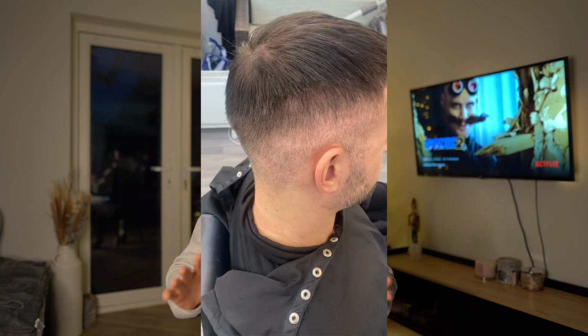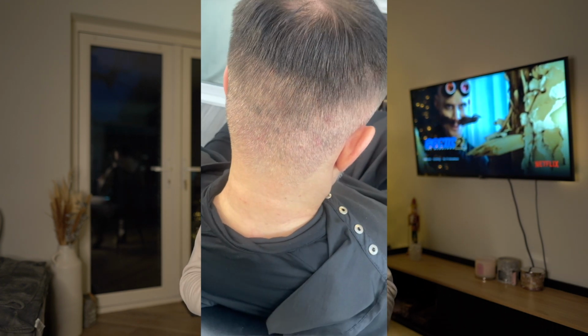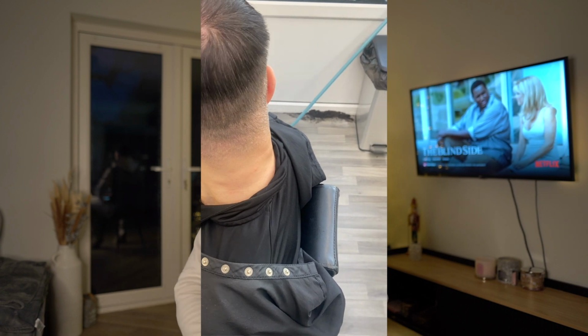One of the things that I see a lot of people do, a couple of friends that have had hair transplants, is that they get quite a bit of scarring on the back of their head where they take the grafts from, the donor area. And for myself, I do not have any scarring whatsoever. I think primary to that is, one, the surgeons were really good. Two, they took super extra care of my scalp, because when they shaved my hair off,